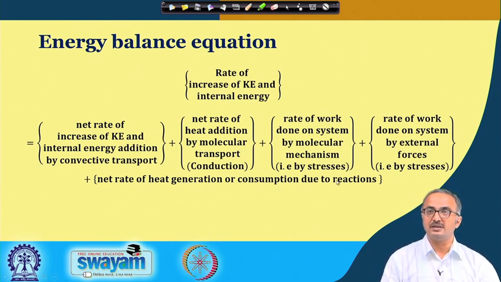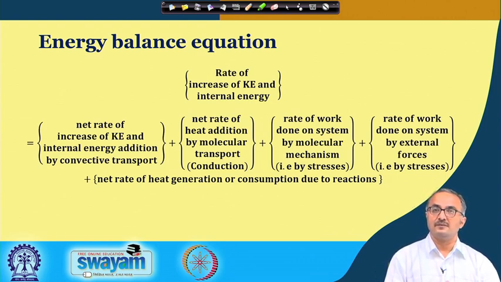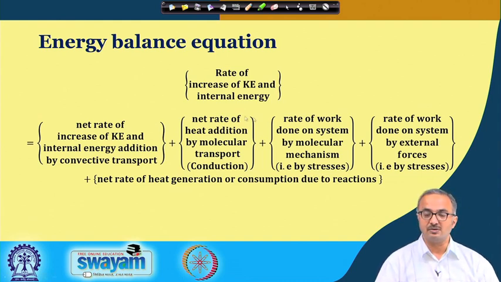So when you talk of energy, energy can come in various manners, as we learnt earlier that work will also generate some kind of energy change in the system. And you know that there could be three forms of heat transfer: convection, conduction and radiation, and there could be some reactions which involve either production of heat energy or absorption of heat energy, that is, some may be exothermic or some may be endothermic. So all these will generate some kind of energy change in the system, and those things have been taken care of in this particular equation.